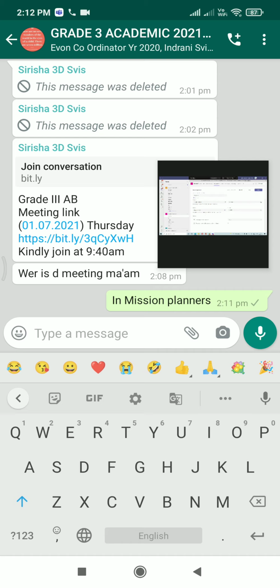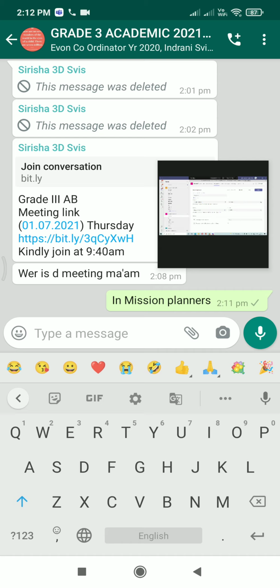And time due, you can choose. See here, one more thing, assignment will post immediately with late turn-ins allowed. So let it be allowed, because if it is not allowed, what happens? The child will not be able to upload. If you disable that, the child will not be able to upload. So let it be in allowed mode only, because then the child will be able to upload, but it will show there that it is a late submission. I hope this point is clear.